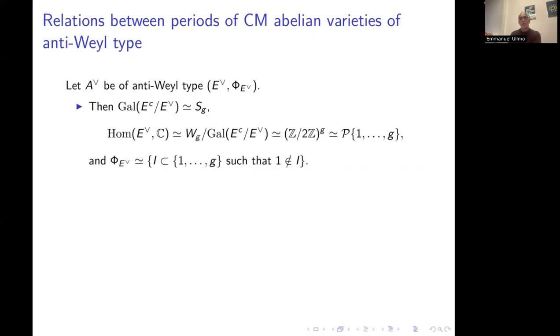The dual HH is contained in EC, and the Galois group of EC divided by HH is the symmetric group SG. If you look at the homomorphisms of HH in C, you can realize that it's the Weil group divided by SG, and this is isomorphic to (Z over 2Z) power G. But the best way of thinking about this is that it's isomorphic to the set of subsets of 1 to G. And if you think in this way,